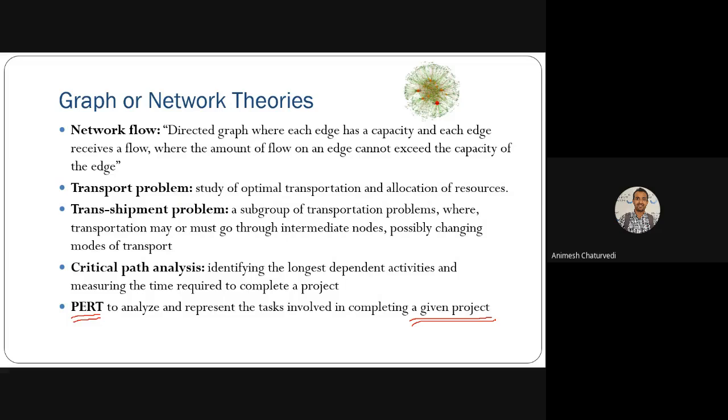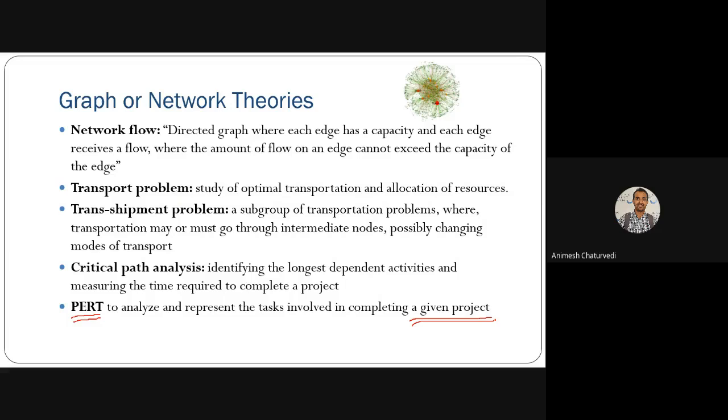There are various activities in the project, and most of the activities are dependent on each other. So the first activity will finish first, the second activity will finish second, the third activity will finish third, the fourth activity will finish fourth. All these things are dependent on each other, but there is also the possibility that some activities can go in parallel. So we are not considering those parallel activities, but we are considering those activities which are on the longest path.